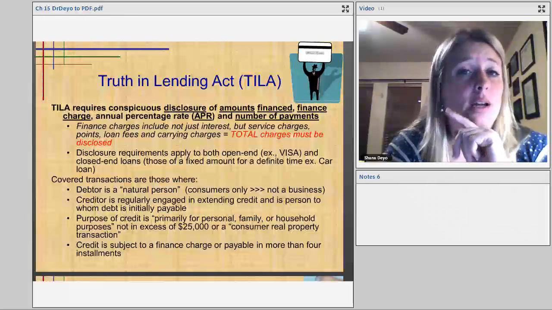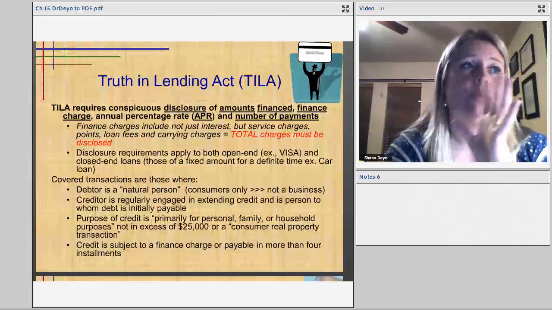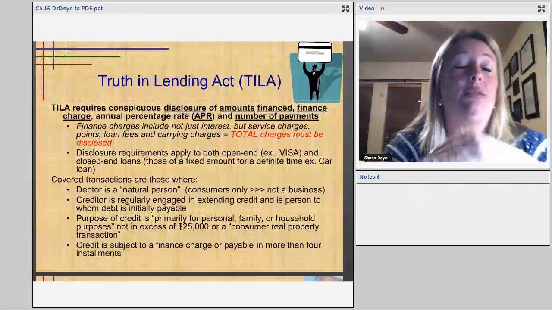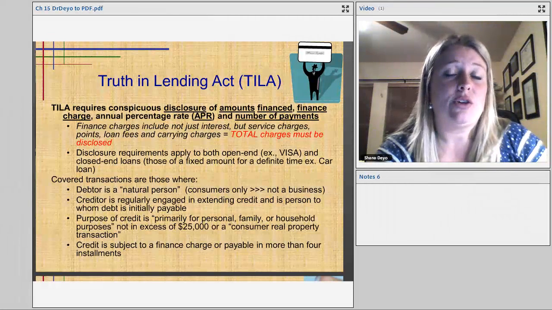So if it would only cost $100 if you paid cash today, but now you're going to pay credit, and there's a 20% interest rate per year, and if you do just the minimum payments, it's going to be this much in the next 5 years to pay it off.